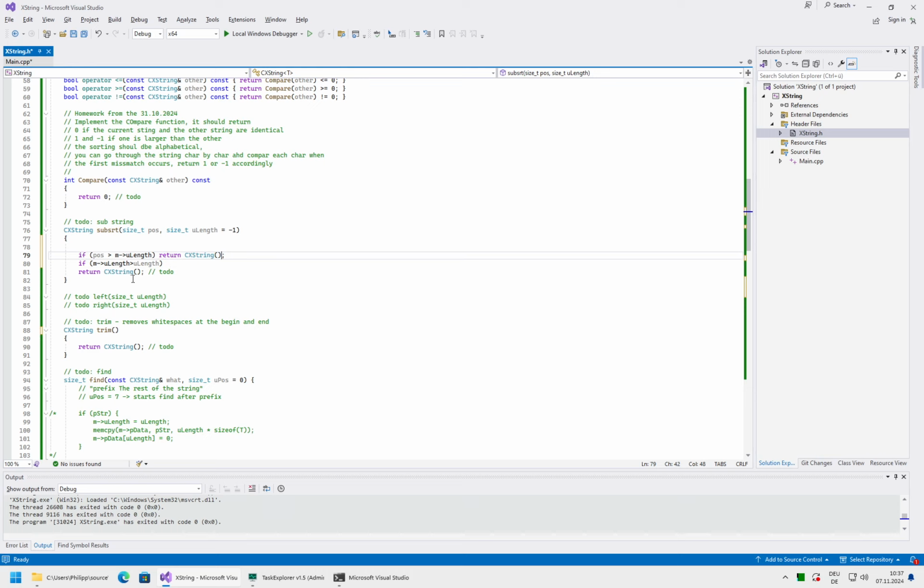And you should also check if it is greater or equals, because equals, as I mentioned before, is also no longer a valid position. And now you can calculate the length that remains in the string.